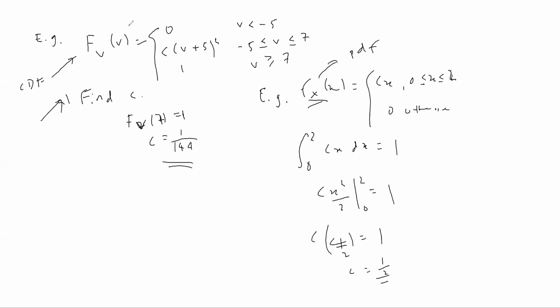Or if you know what to do, because cx just looks like that, this is 2. The other way of solving it: if I draw it, the area under the curve is half times 2 times c, which must be equal to half times